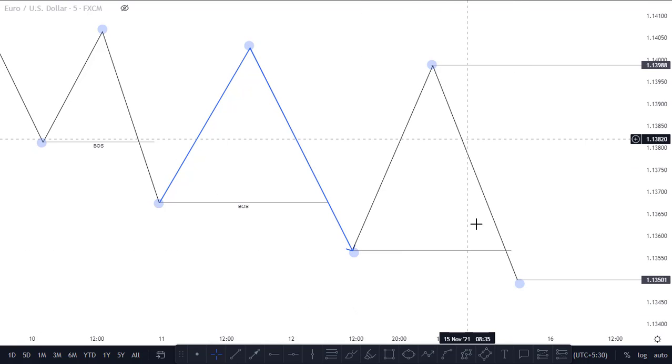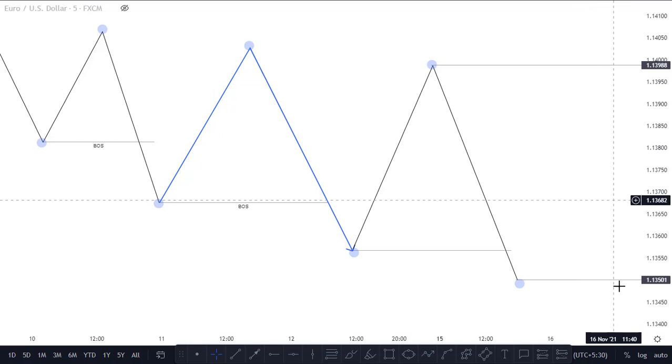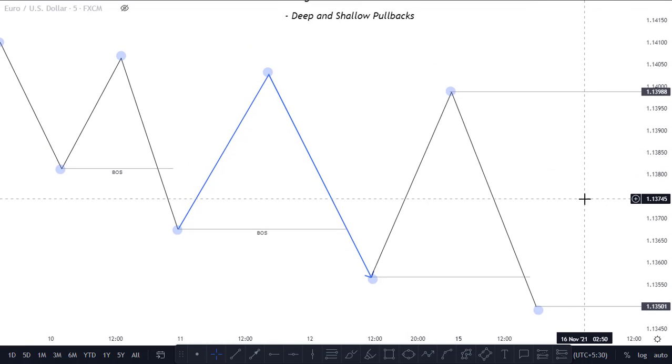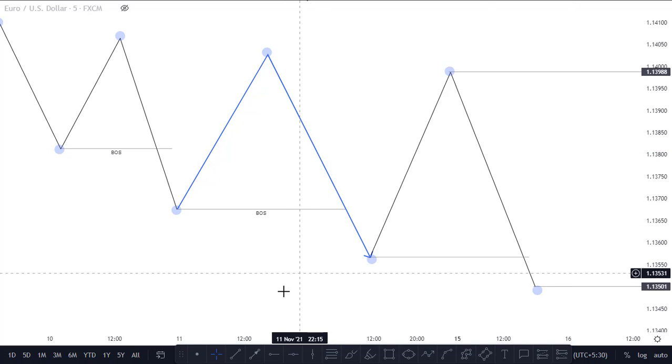So we expect again a pullback in this zone, and we keep repeating the same until market proves us otherwise. Now this is what we call a bearish range, or a bearish market, where the market is creating bearish ranges. I'm trying to show you what a range is before we talk about the anatomy of a range. Now here,